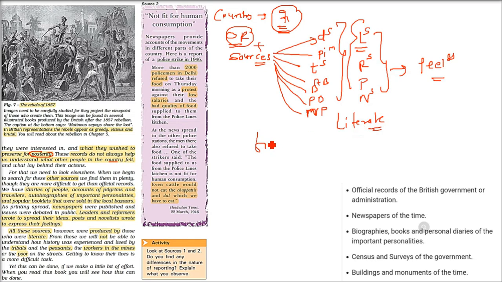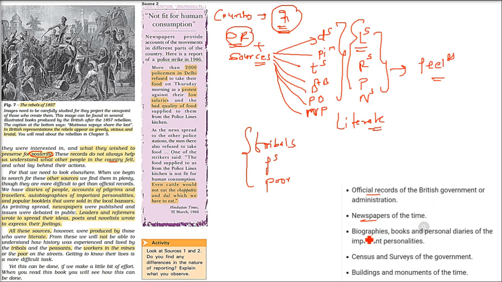So what about the tribals, peasants and workers? About an important person, we know the autobiography. About an important person, we know the diary. About a person who came here for pilgrimage, we know the yatra vrittant. But what about the normal people who can't even read and write? We don't know their information. So there are various things from where we get information. We have plenty, huge information, but still we are lacking some information.